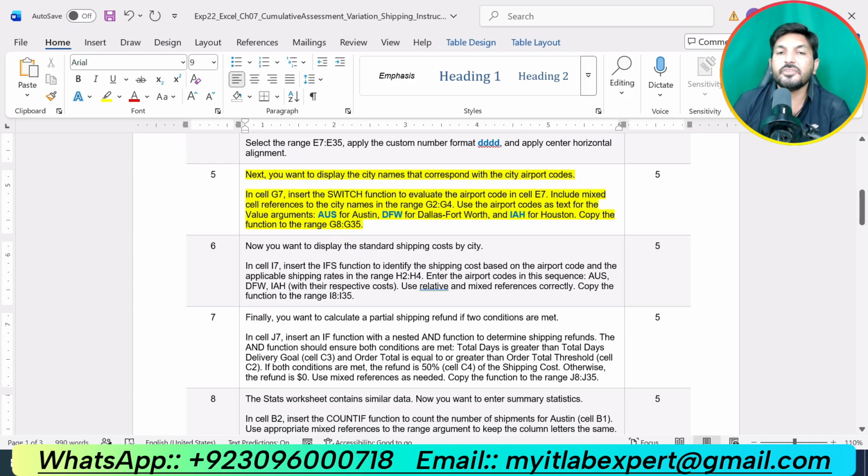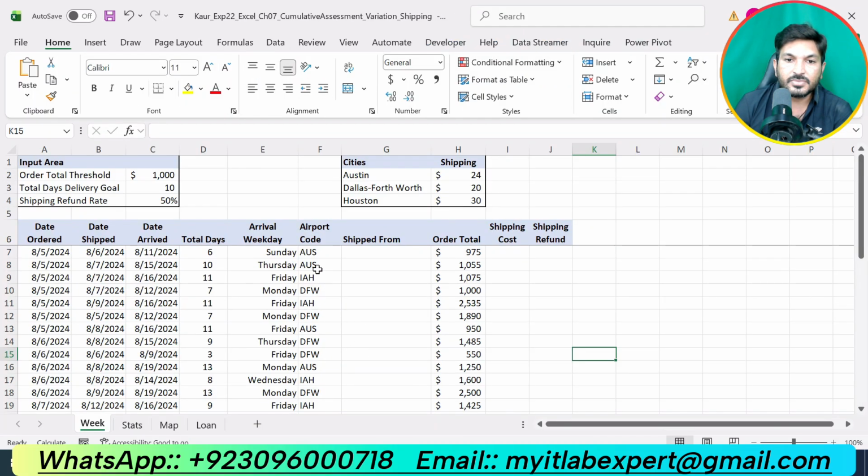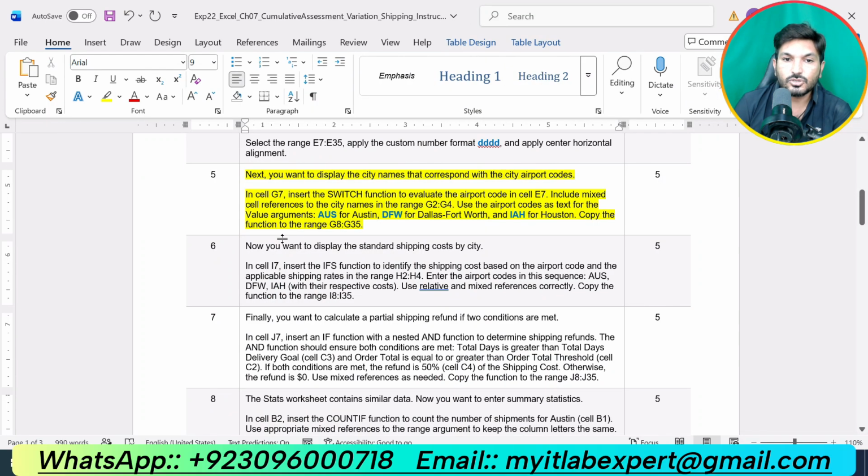Step number 5 is saying next you want to display the city names that correspond with the city airport codes. So based on the airport codes, we are supposed to show the city names, and for this we are supposed to use a SWITCH function. This is saying insert in cell G7 the SWITCH function to evaluate the airport code in cell E7.